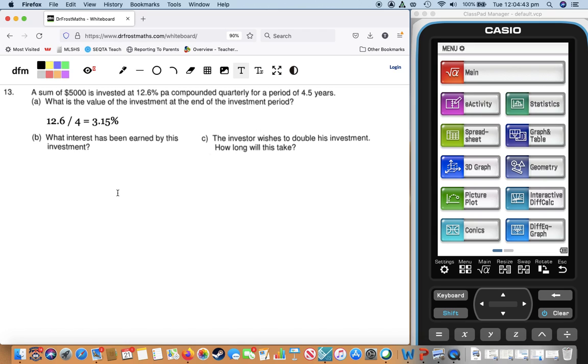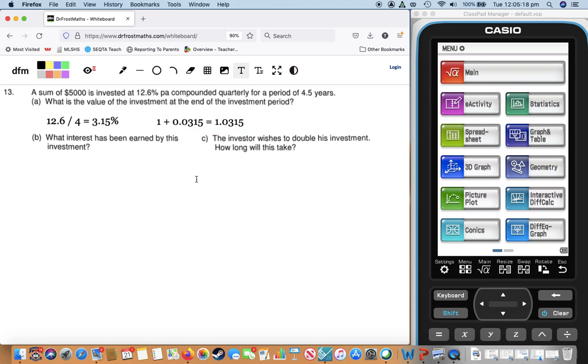Next, I'd want to state the growth factor. To find the growth factor, it's what number do you need to multiply the $5,000 by to increase it by 3.15%. So 3.15% as a decimal is 0.0315, and to increase a number by 3.15%, you do 1 plus the decimal form of that number, so 0.0315. So to increase a number by 3.15%, you'd multiply it by